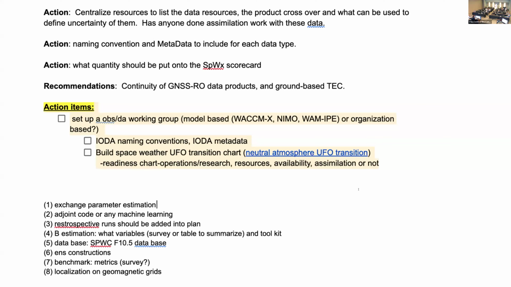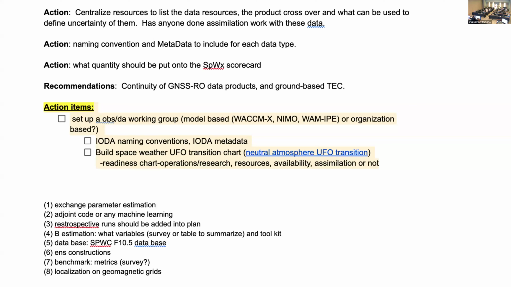I think there was a discussion earlier, maybe even before the workshop, about having observation operators be a potential working group or distributed effort. Some people focusing on one type of observation, developing the operator in JEDI. Is that covered under this already, or is it a separate action item perhaps?